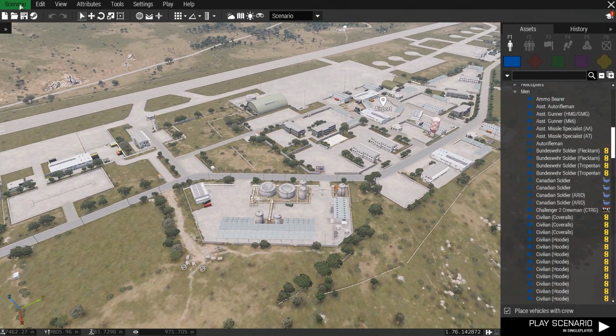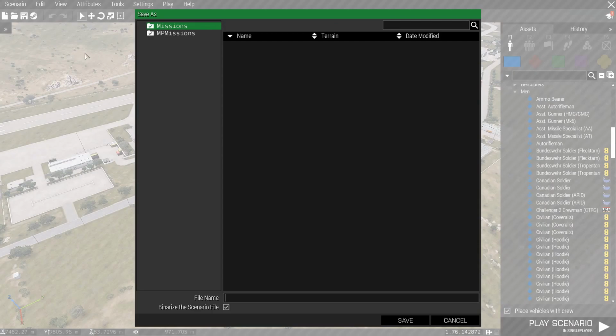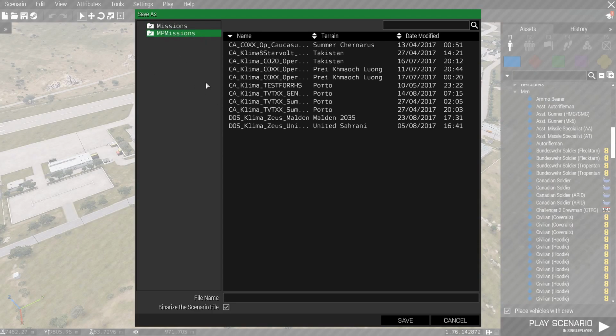To do that, we're gonna first save the mission, and we're gonna save it in the MP missions folder. Gonna want to unbinarize the scenario file. It makes it easier to edit in the future, and then we're gonna give it a name, and we're gonna use the preferred naming convention for missions in Combined Arms, which is CA for Combined Arms, underscore your name